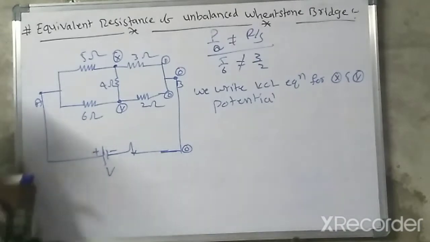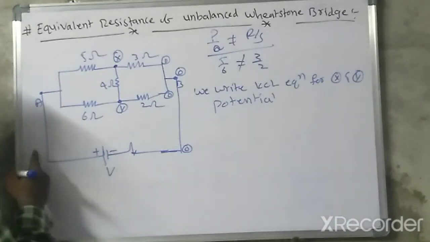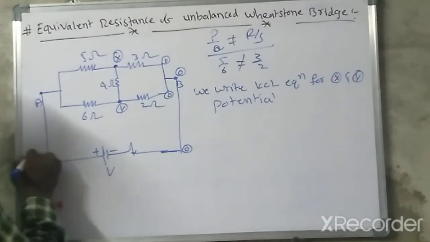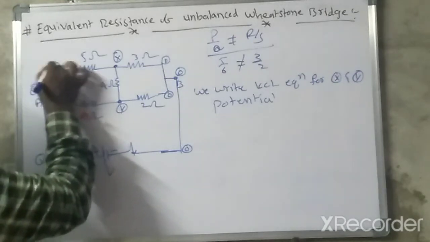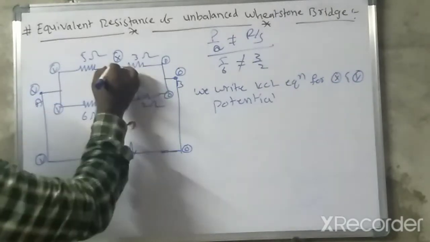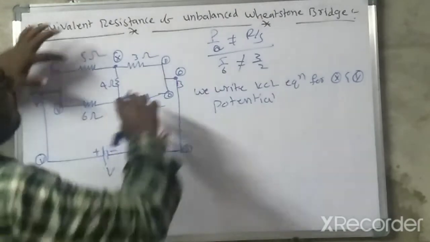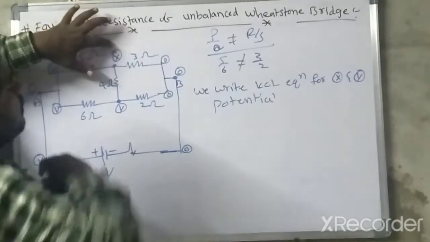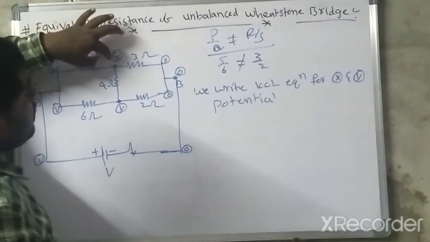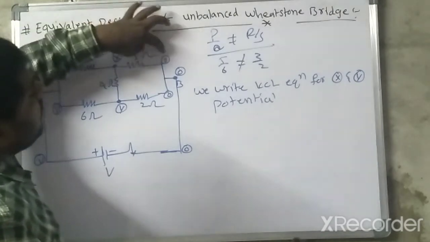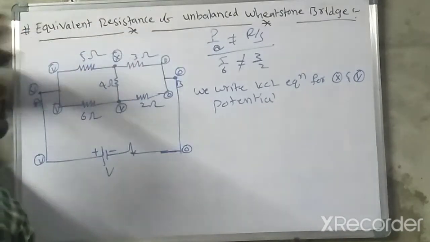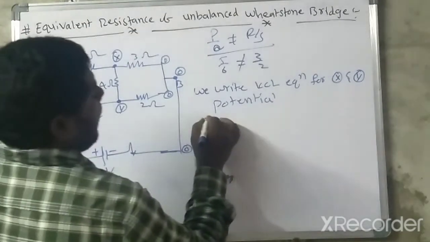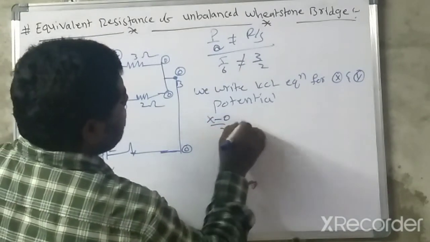On the right, the positive charge side, the positive battery side, here is the maximum potential V. Here the V potential. Here the V potential. Due to this, I am going to write the current across this one. Here the current is nothing but X minus 0 divided by the resistor in ohms. So X minus 0 divided by 3.